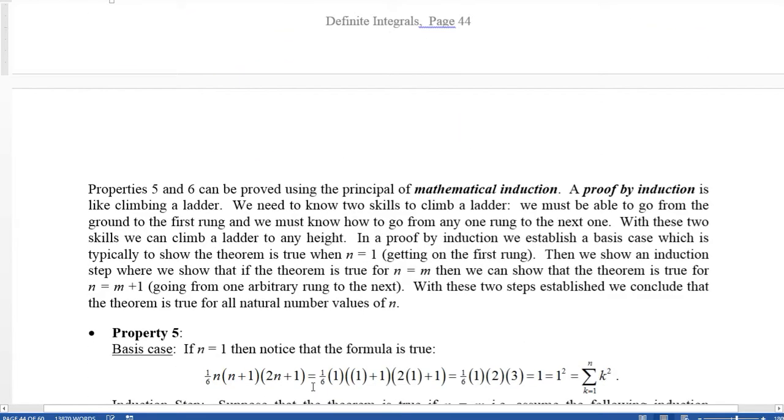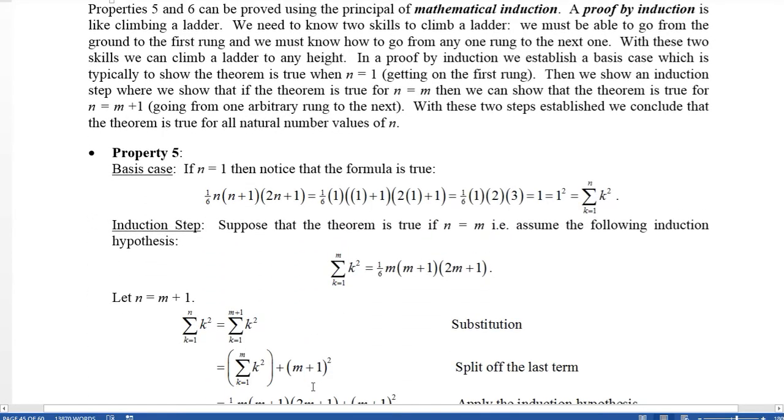Now the next two properties, properties 5 and 6, can be proved using the principle of mathematical induction. So when we do a proof by induction, it's kind of like climbing a ladder. If you think about it, you need to know two skills to be able to climb a ladder. You've got to be able to get off the ground onto the first rung. And then if you can do that, and then you know how to get from any one rung to the